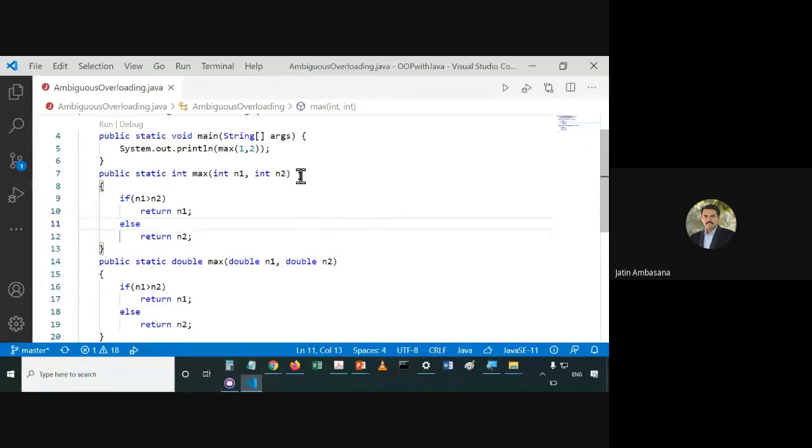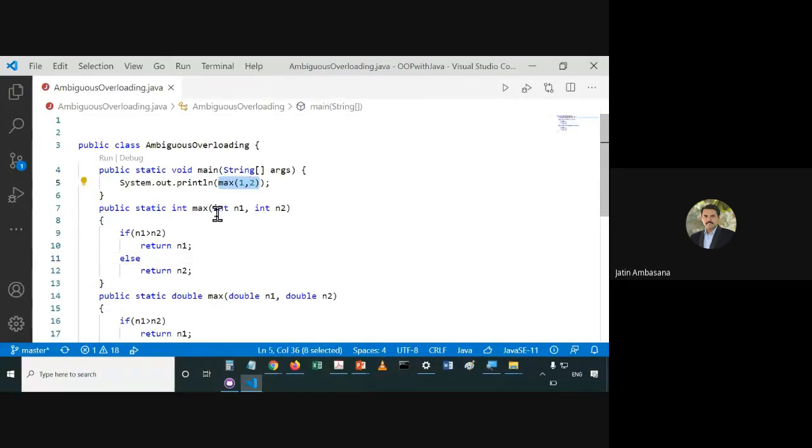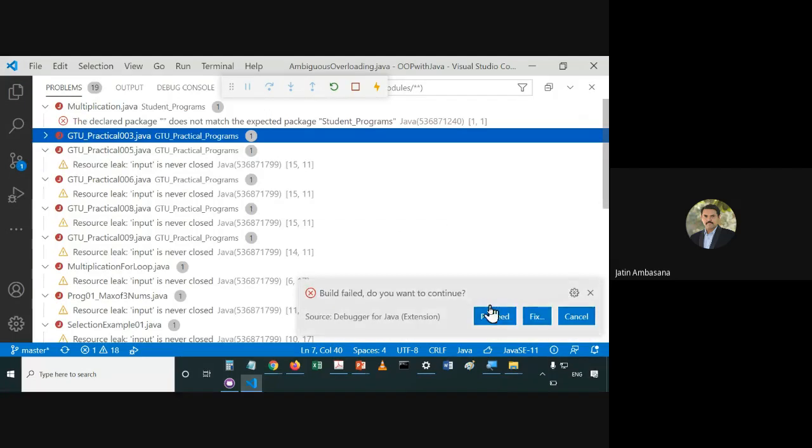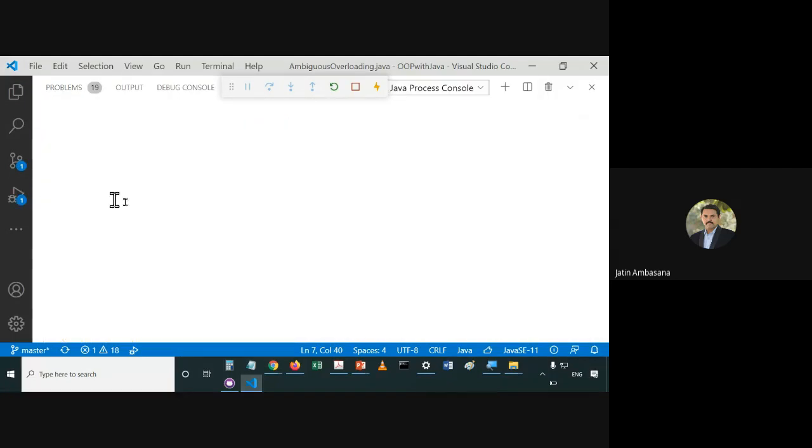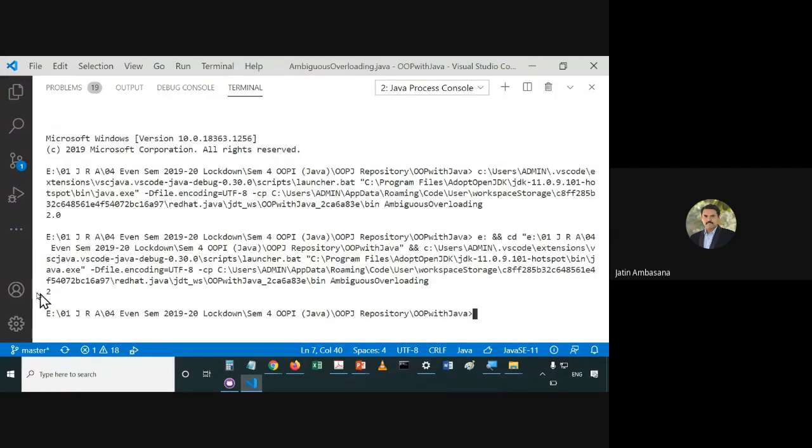So now there is no confusion. Both are integers, so it has to be passed to this int version only. If we run this, obviously the output will be in the form of an integer only.